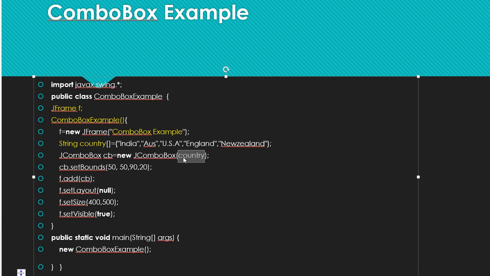If you pass this country into JComboBox, all the values of the array will come here. That is India, Australia, New Zealand, England, USA will come into the combo box. So cb.setBounds, I have set the bounds of the JComboBox. If you don't want to set the bounds, you can create a layout. Here f.setLayout is there. You can take new FlowLayout also. That is also okay.